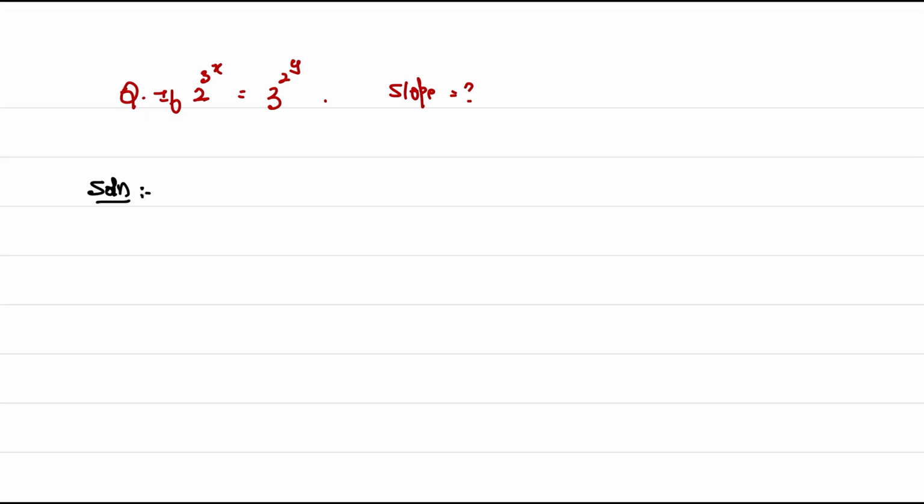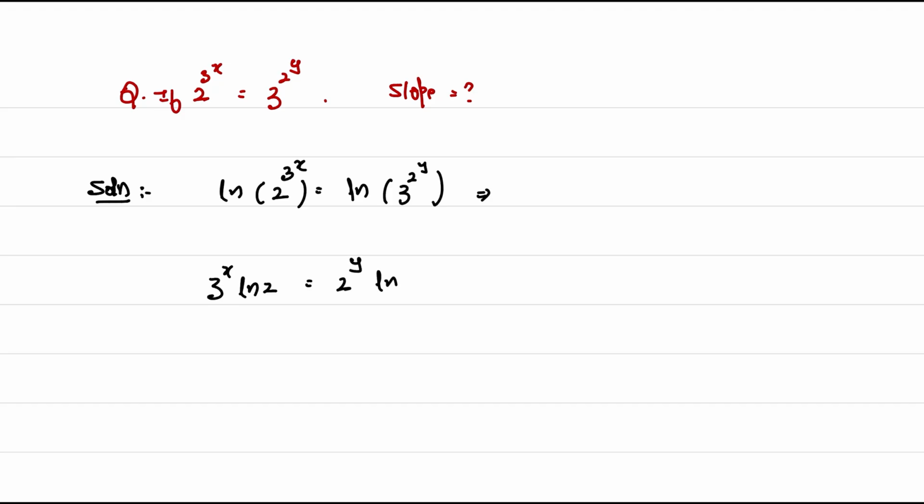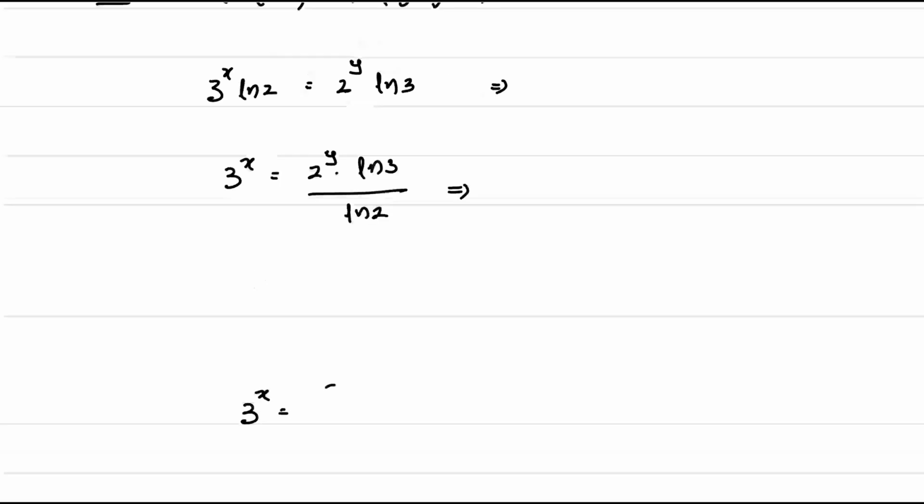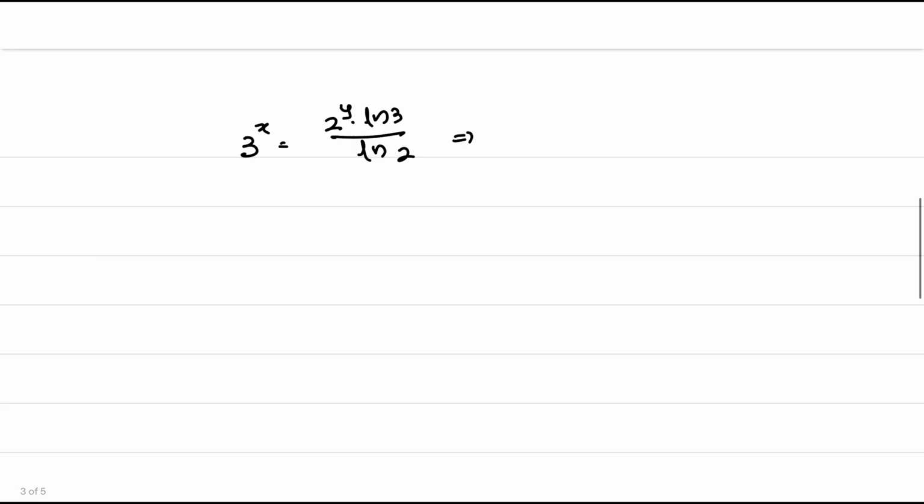Now, solution. By taking logarithm on both sides: logarithm of 2 to the power of 3 to the power of x is equal to natural logarithm of 3 to the power of 2 to the power of y. That implies 3 to the power of x into logarithm of 2 is equal to 2 to the power of y into logarithm of 3. Then it implies 3 to the power of x is equal to 2 to the power of y into logarithm of 3 whole divided by logarithm of 2. That implies 3 to the power of x is equal to 2 to the power of y into ln 3 divided by ln 2. By taking logarithm again on both sides,